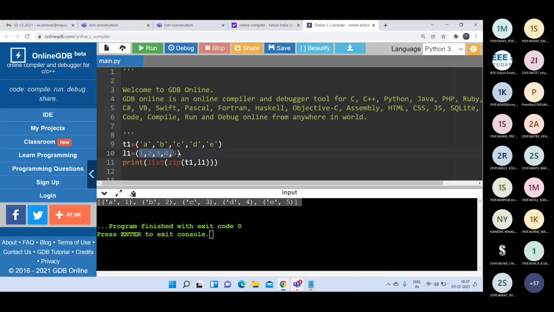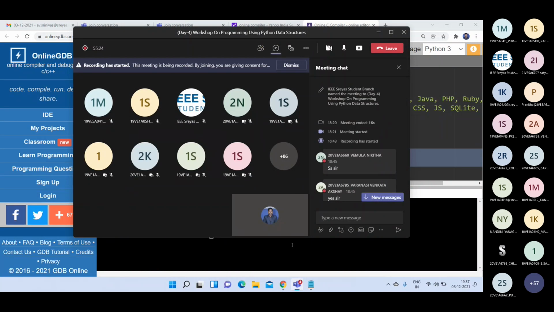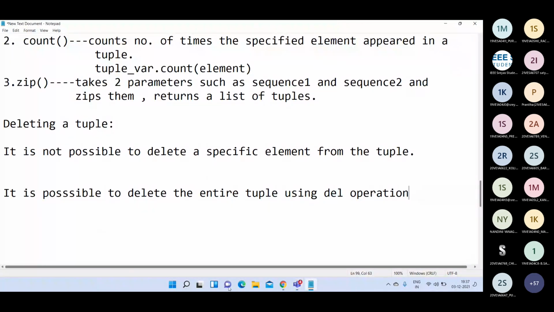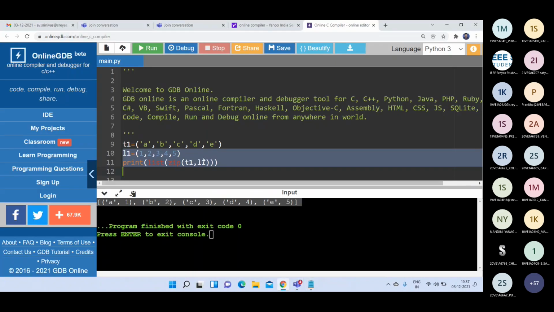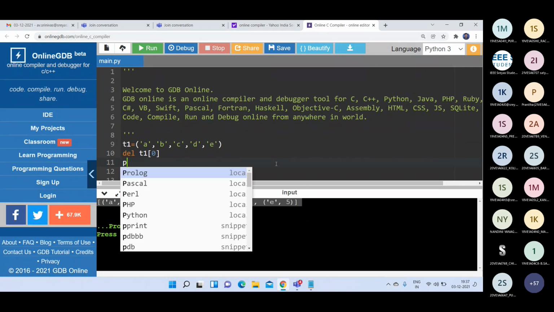See here what I'm going to write. Some tuple is there. T1 is equal to A, B, C, D, E. Now if you write del T1 of 0, that means I want to delete the first element from the tuple.